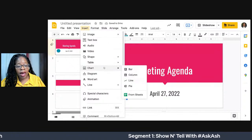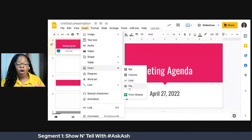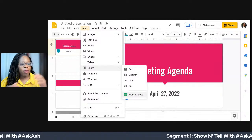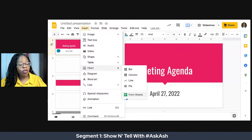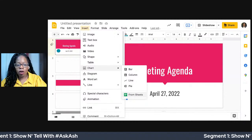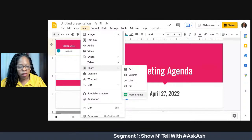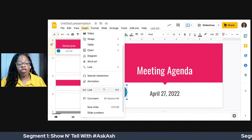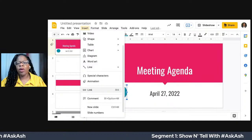You can certainly add a bar chart, a column. You can also integrate that with Google Sheets. So that's great. If you have data and you want to create a chart, you would just select from that Google Sheet and integrate it into the presentation. Love that. Absolutely. Hyperlink, which is great because if you send this presentation out,